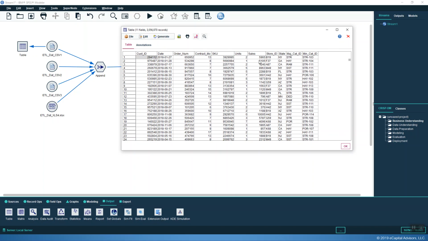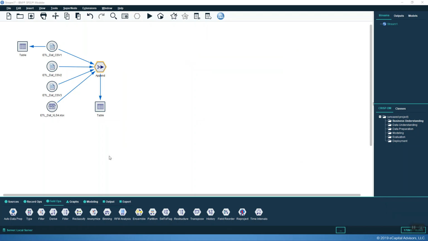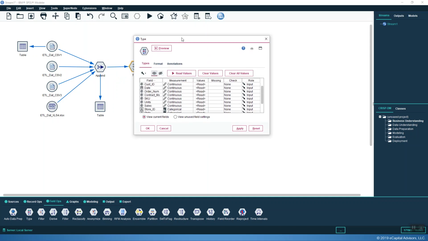But now we notice, oh, sales, we want the cents to show in the sales field, so we're going to look at something here. So we'll say okay to this. We'll move this out of the way. So we can now drag a type node onto our canvas. So we go to field ops and find the type node. And the type node is one of the most commonly used nodes in Modeler, because what it does is it tells Modeler the types of fields that it's working with, so it can conduct proper analysis and calculations on those fields. And so we would connect it to our stream, open it up,